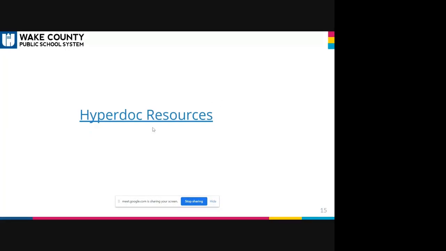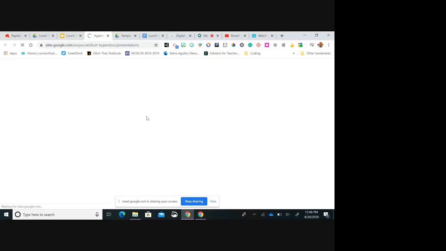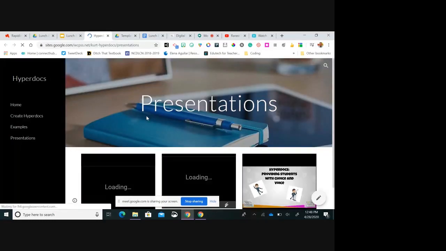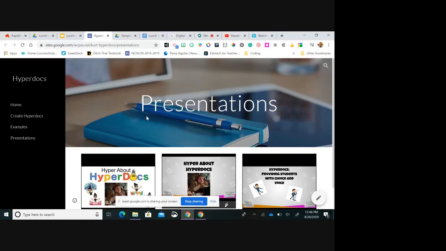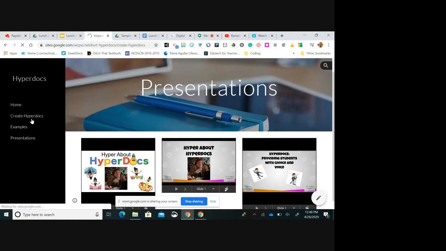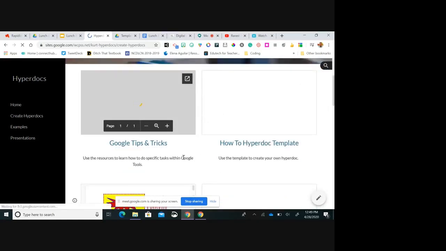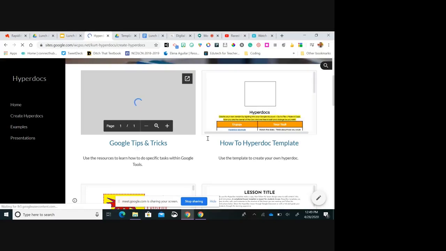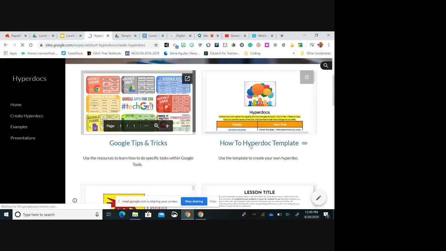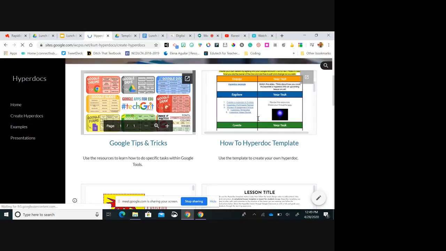So where can I find Hyperdoc resources? This slide right here, if you click it, it's going to take you out to a website. If I go to create, we've created, this is a Hyperdoc template that you can use. It kind of explains, it gives examples, something you could use. This is a really cool resource. When you click on it,